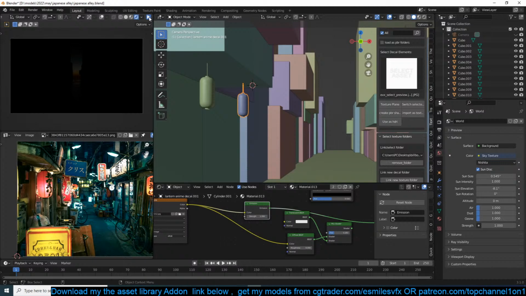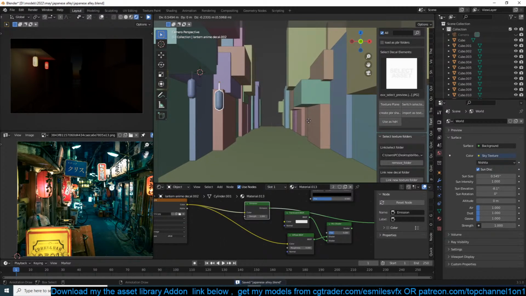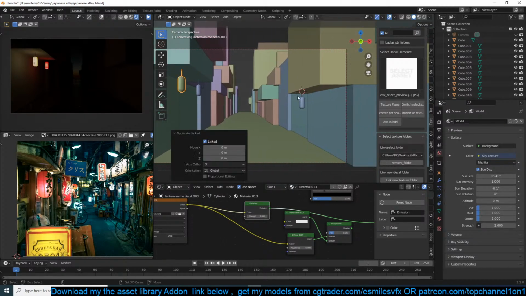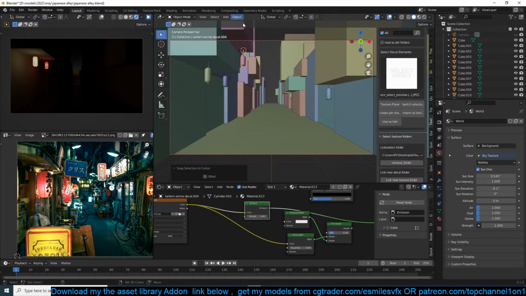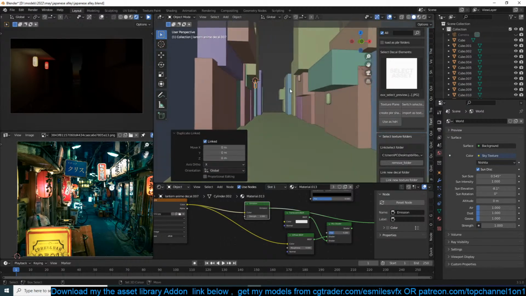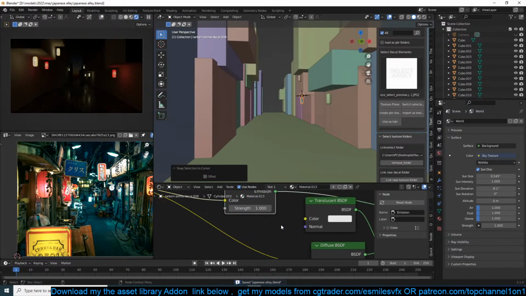So let's see. Perfect. So we can use this for the lighting in different areas. Like that.